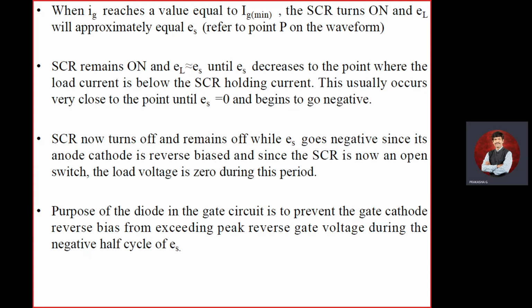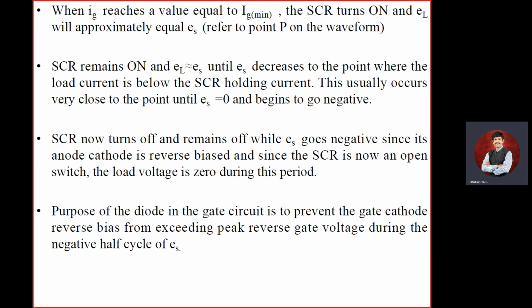Directly you are passing the current to your IG, that is your gate. It may trigger. There is no control on your IG at all. You have to control the IG. It may go beyond the limit. So I need to control it, and since I need to switch on and switch off,